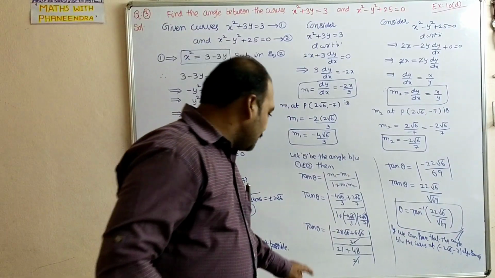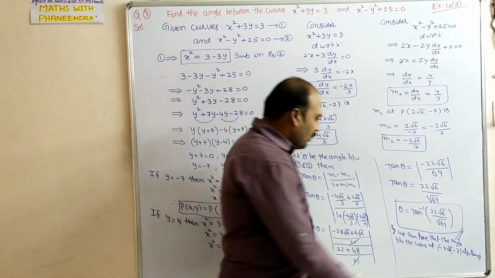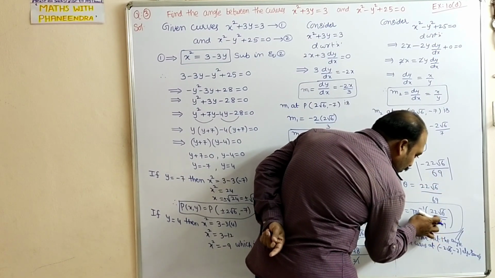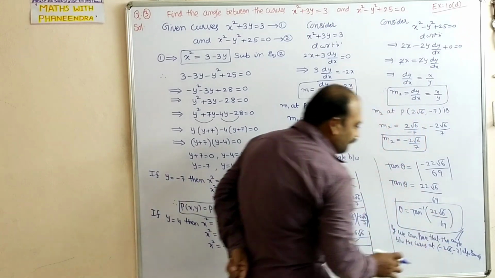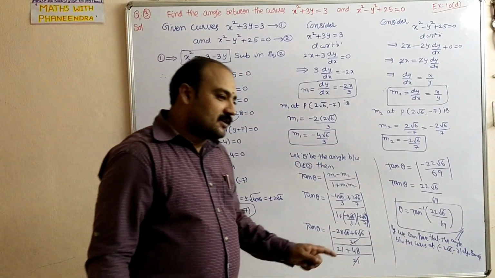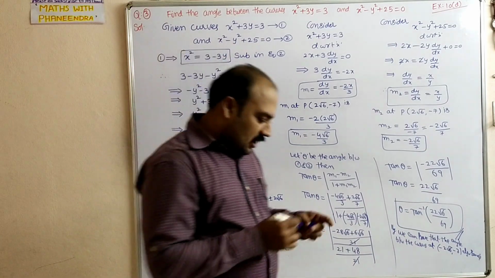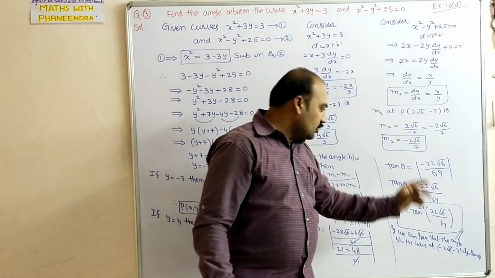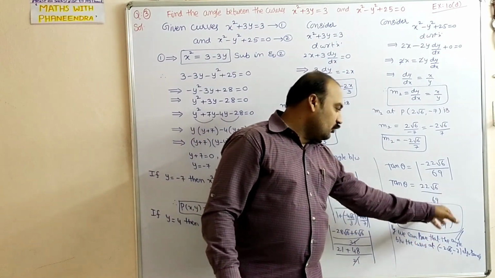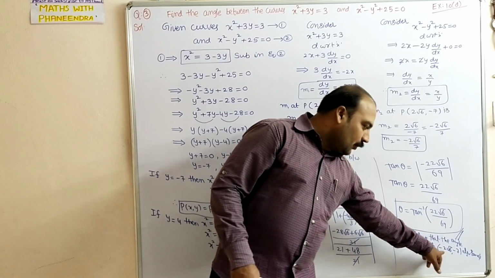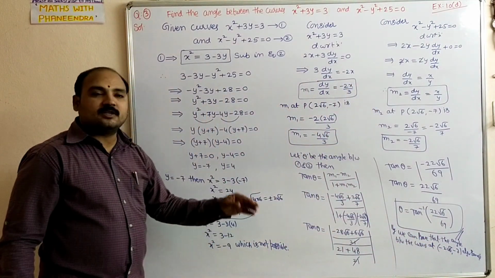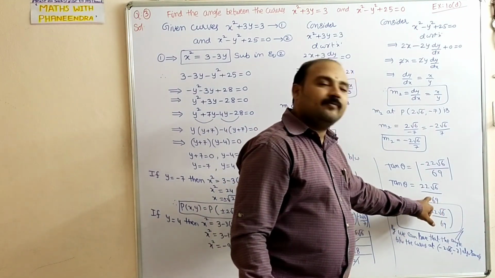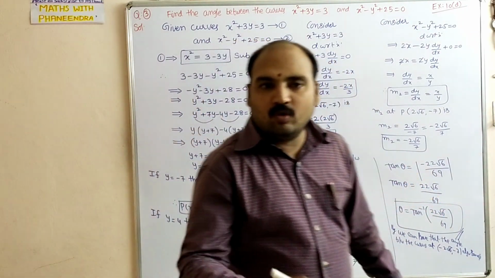Yes, dear students, here 48 plus 21 is 69. Here I wrote root 69, but this root is not there. Please see that once. It is 22 root 6 divided by 69 itself. Even in the last conclusion step we can prove that the angle between the given two circles is also tan inverse of 22 root 6 by 69 at the point minus 2 root 6 comma minus 7 also. Here I forgot, the root is not there, only 69. We will move to the next question.